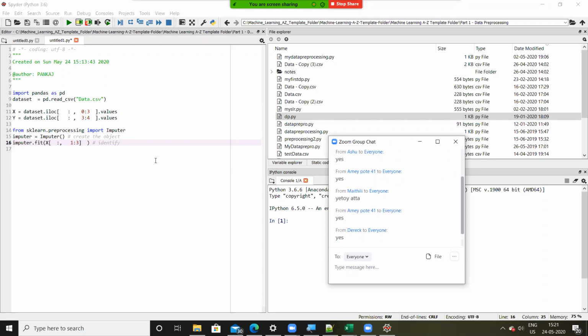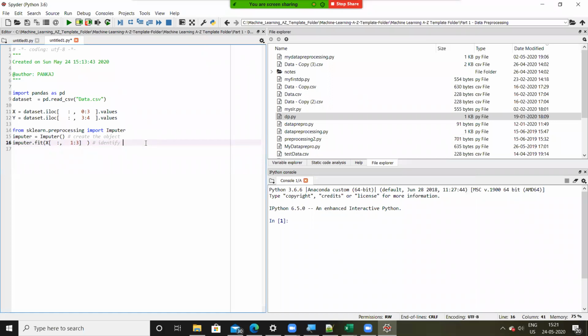So we have created the object, we have fit the method, and the last one is what? imputer.transform. In transform, again we'll say X, all rows, columns from 1 till 3. And we need to assign this back to the original variable. Why? Because fit and transform work on a separate copy.